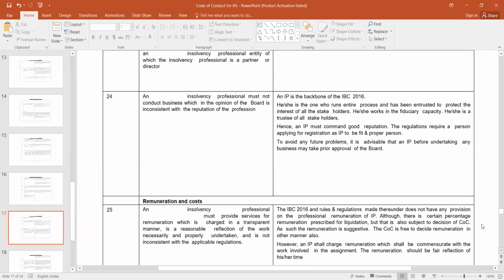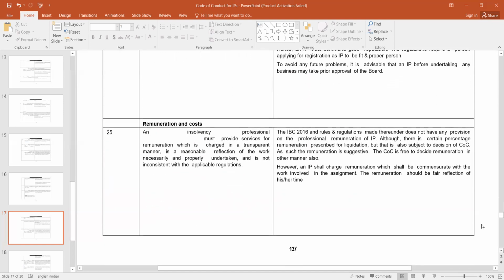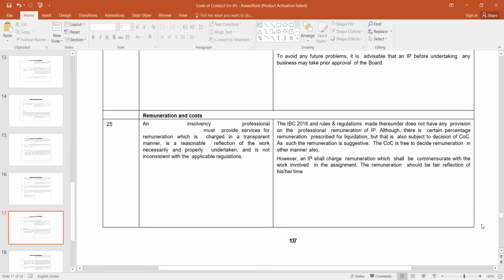नेक्स्ट पॉइंट आता है रिमनरेशन एंड कॉस्ट्स. Remuneration and cost, and sometimes there is a prohibition also. कई बार जैसे as a chartered accountant you cannot engage in particular type of business, ठीक है ना. कुछ businesses allowed हैं, जैसे वो derivatives वगैरह का business allowed है, but बाकी businesses allowed नहीं है. आप चाहो भाई आप कोई प्रॉपर्टी डीलर का बिजनेस कर लो, वो नहीं अलाउड आपको. तो आपको क्या करना है कि अगर आपका बिजनेस कुछ इस टाइप का है तो आपको प्रायर अप्रूवल ऑफ बोर्ड लेना चाहिए, ठीक है.